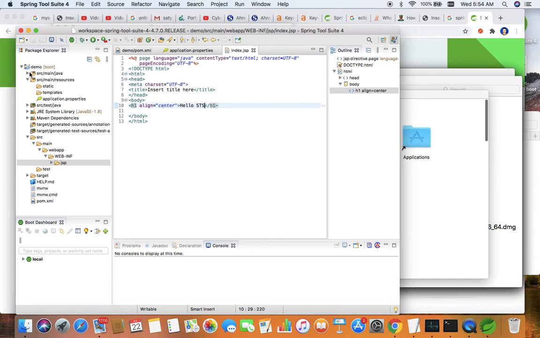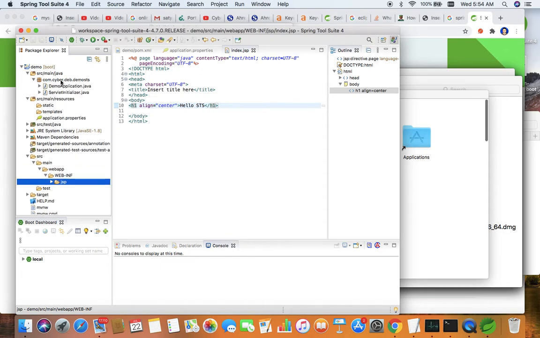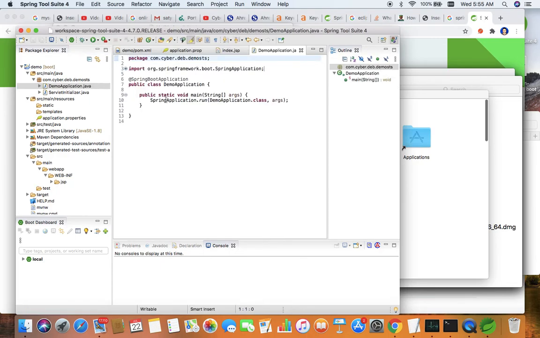You can find in the src main java the package name which we mentioned during creation, com.cyber.dev.demo.sts. In that package you will find the DemoApplication.java, the main class. This contains a main class and the servlet initializer.